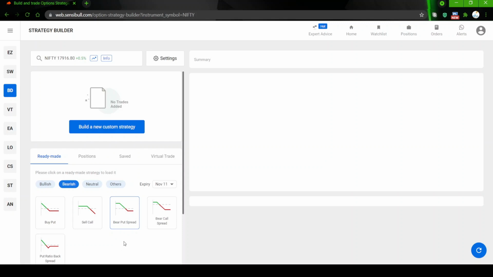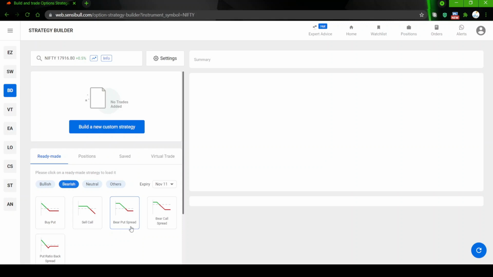So let us continue with the bearish view strategy. The first vertical spread strategy we are going to see is the bear put spread. What is a bear put spread? Bear means we have a bearish view on the market, that the market will go down from the level of our entry. Put spread means, the moment you call it a spread, we have two legs. One is a buy leg, one is a sell leg. Two opposing legs on different strikes but the same expiry.